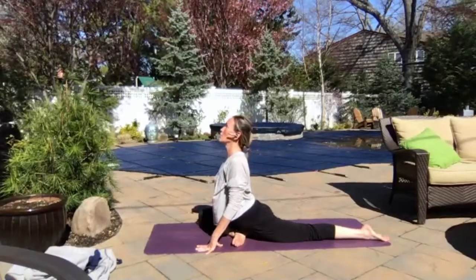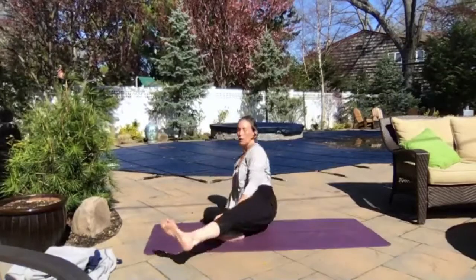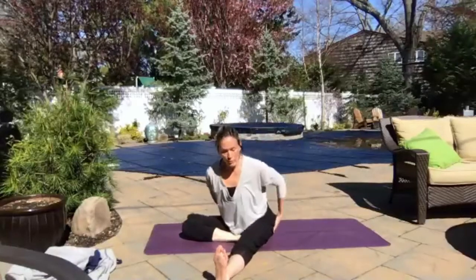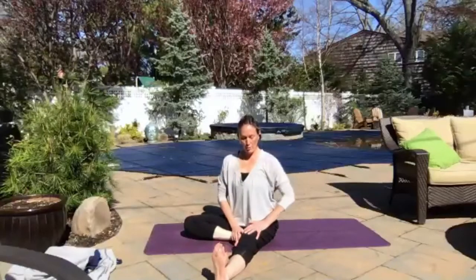Good. Releasing out of the pose, you can shift the weight to the right side and gently sweep the left leg forward, or take your time to get there, whatever you need to do. Good. Remove the fleshy part of the seat, press into the back of the left heel to extend that leg. So you want to engage the muscles here, not too tight, but you don't want them to flop over to